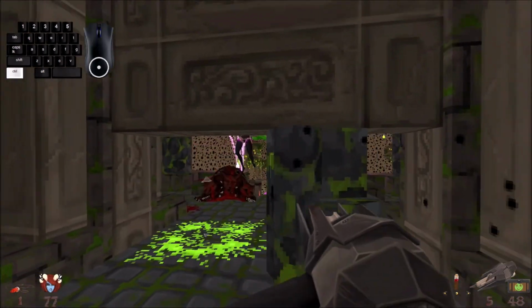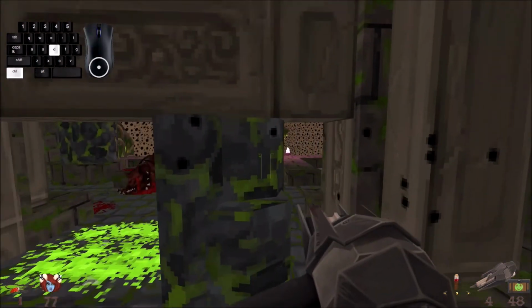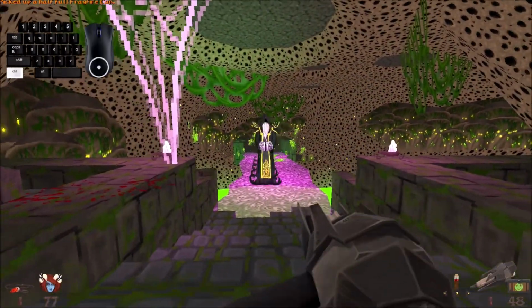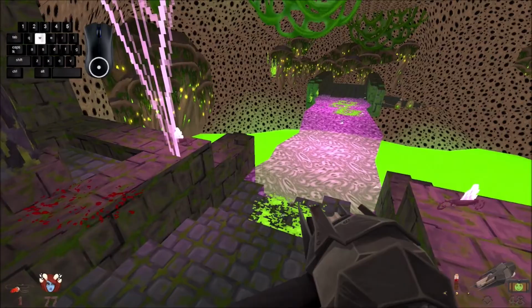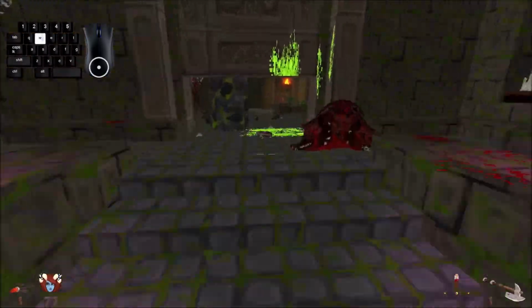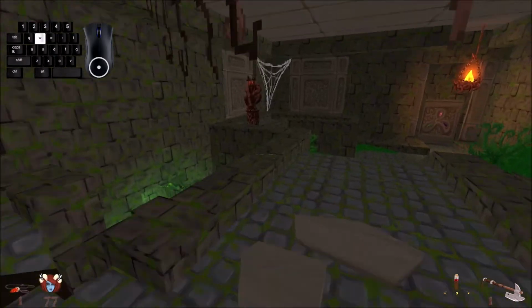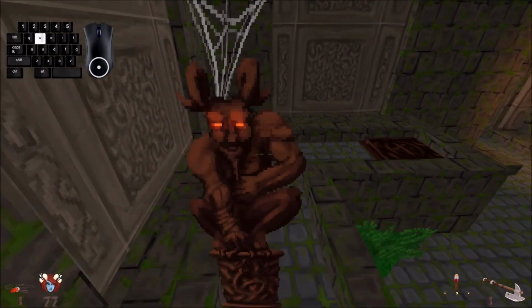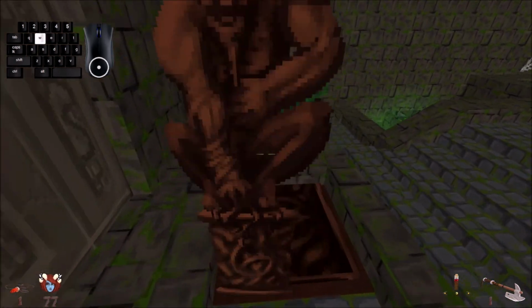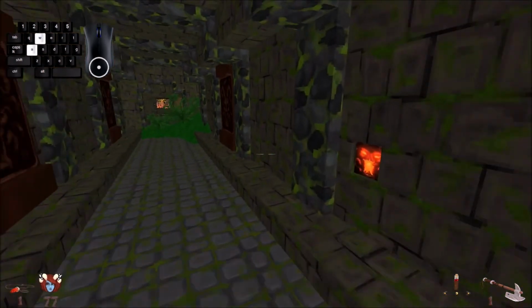If they follow you here, go ahead and take them out now, so you don't have to worry about them. Okay, he died down in the green goop. We'll worry about the second warlock later, but for now, I'm gonna continue on. And I'll explain why you want to kill them later, but